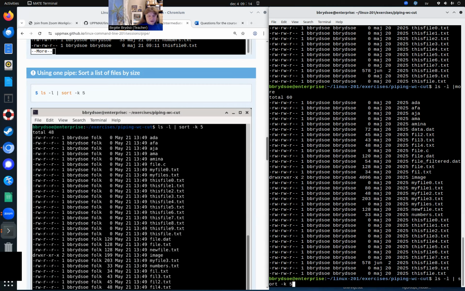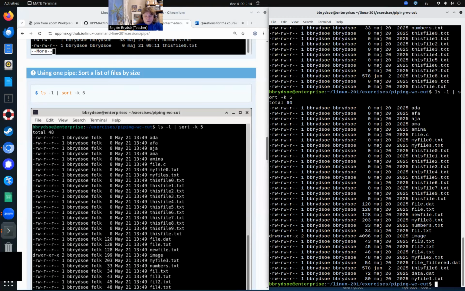And let's try and do that and see what happens. And you can see that in this case, it sorts it in a different way than it would otherwise. In fact, it sorts it by file size. And it doesn't do the sorting that you would assume it does. It sorts it by the first number here. So you can see it doesn't sort it by the largest, it actually just sorts column 5, which is the